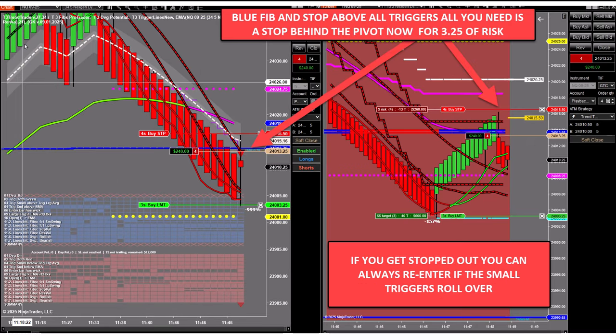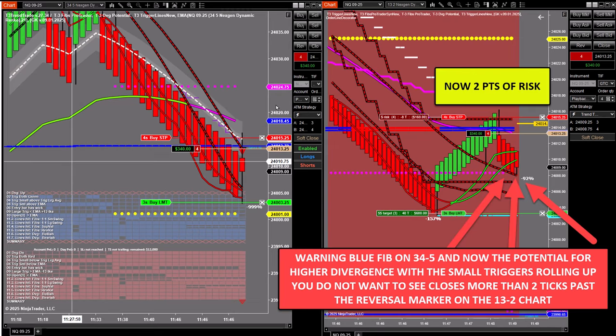And then ultimately, like any other trend trade, if you get a pivot down, the system's going to leave a 60 tick stop in there, guys. Do you really, knowing what you know, want to leave a 60 tick stop in? I hope not. But you can manage with pivots, and then ultimately, you get the warning, blue fib on the big chart, and then all of a sudden you're really set up for a potential